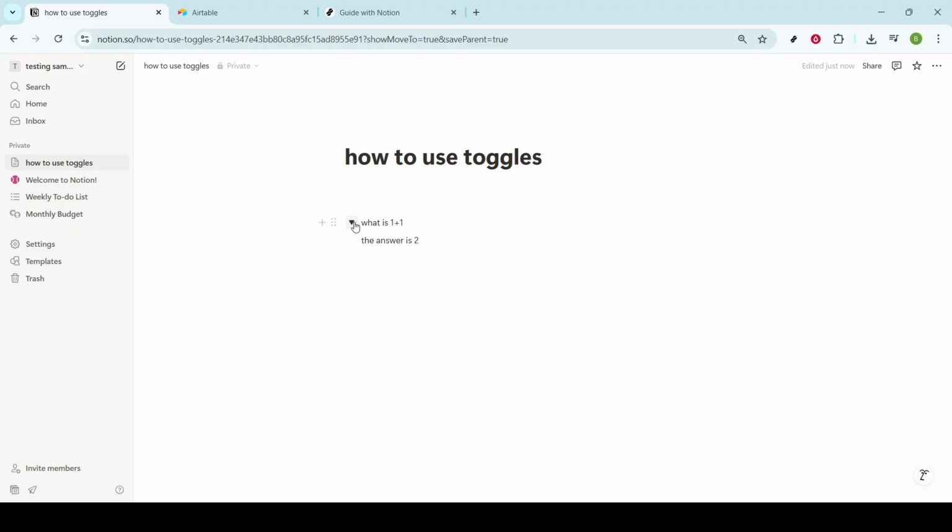That's how you use toggles in Notion. This small but powerful feature can help streamline your workflow by allowing you to focus on the task at hand without distraction. Now you can add as many toggles as you need to manage your projects effectively and enhance your